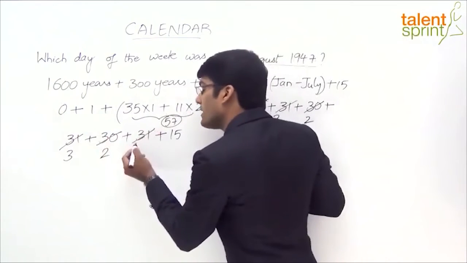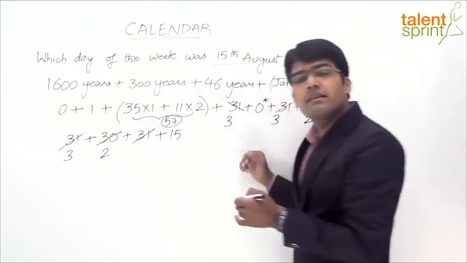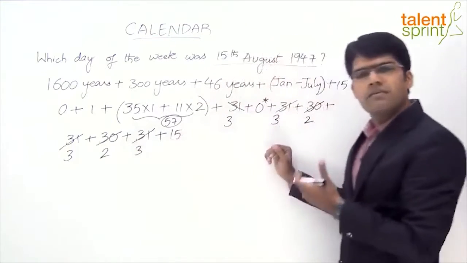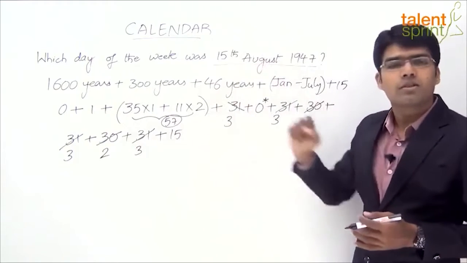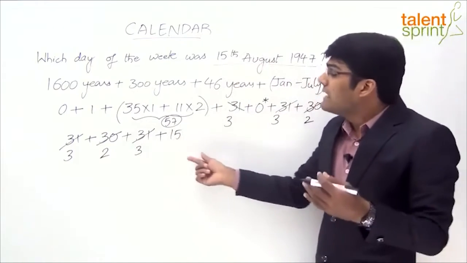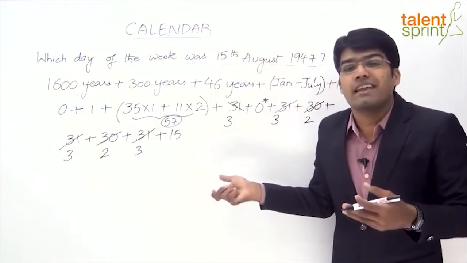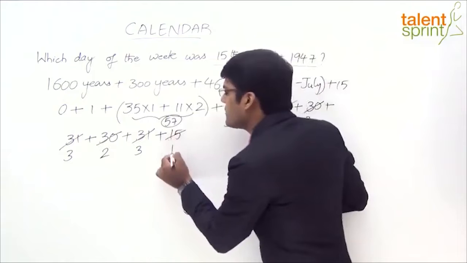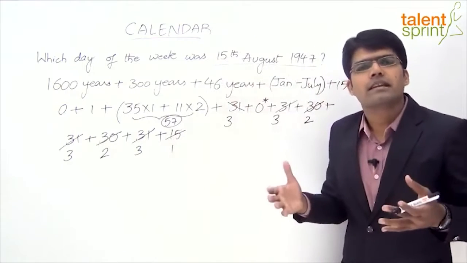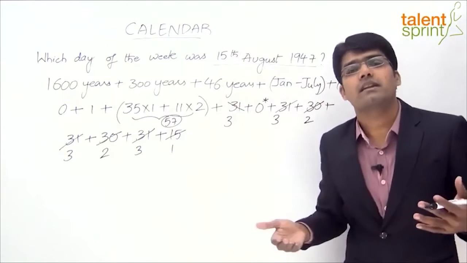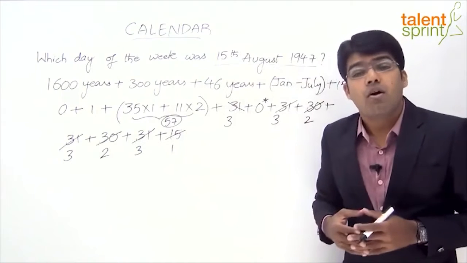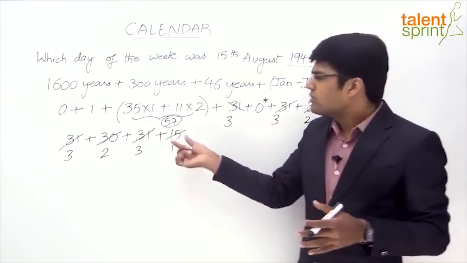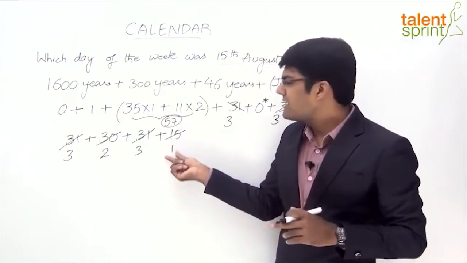Then comes the month July, which has total 31 days, which can be split as 4 weeks and 3 days. So 3 odd days. And 15 we have taken because it is the 15th day of the month of August. In fact, even 15 can be taken in a much easier way. We don't have to add 15. To make the calculation simple, I can say 15 is equal to 1 odd day. Why? 15 days is equal to 2 weeks plus 1 day. We very well know that odd days is nothing but in a given period the number of days more than complete weeks. So 2 complete weeks and 1 more day. So it can be taken as plus 1.